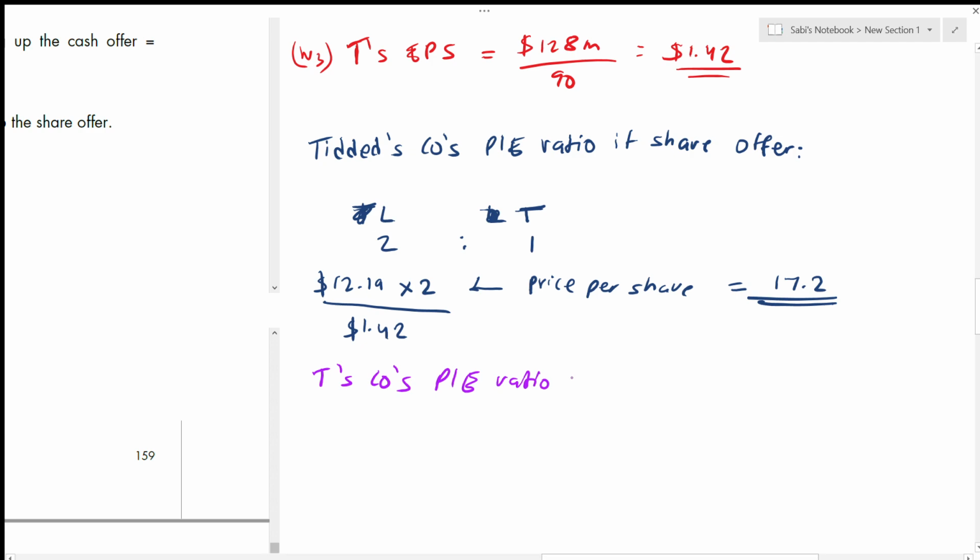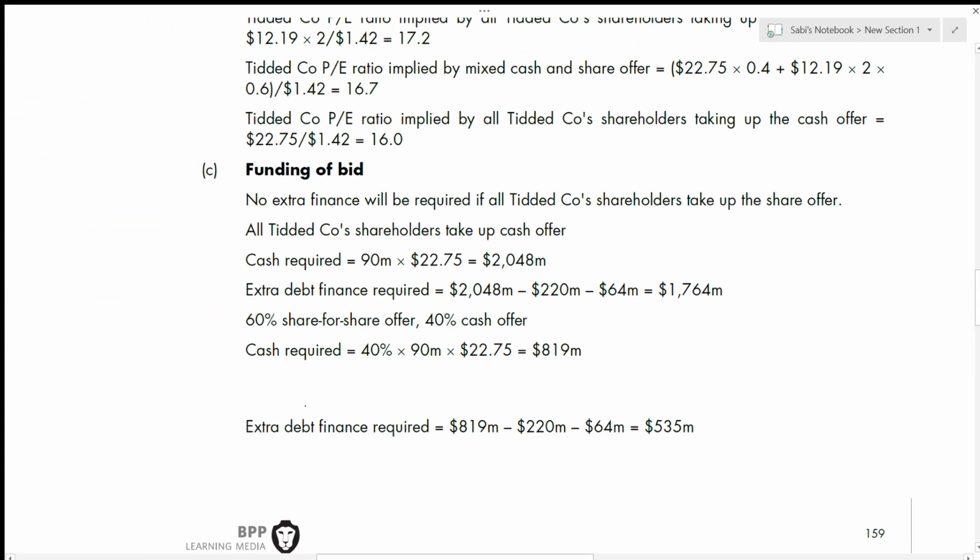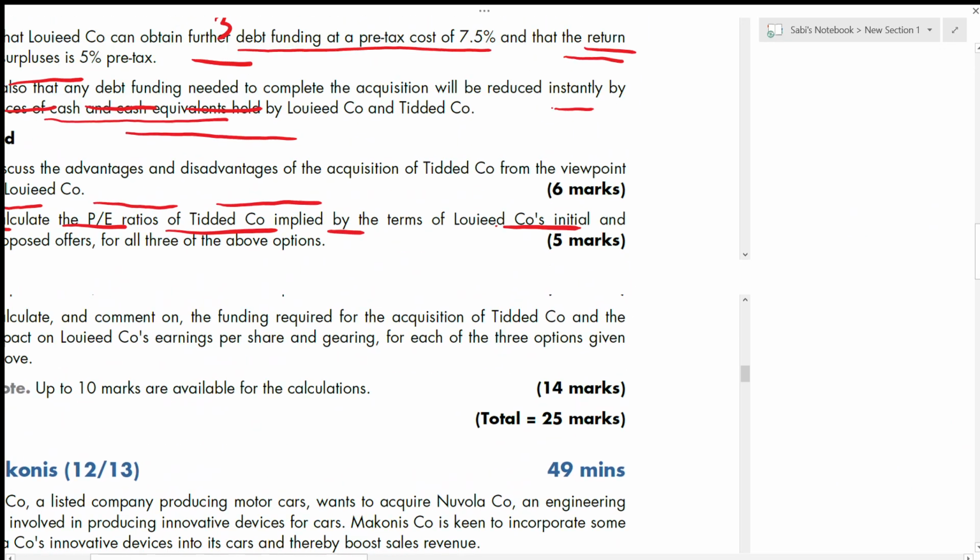If mixed offer, what is that mixed offer? Share and cash. Now, if it is mixed offer, you need to be careful here. First, let's work out the cash part and then let's work out the share part, right? What is the cash part? Cash part they told here, right? It is